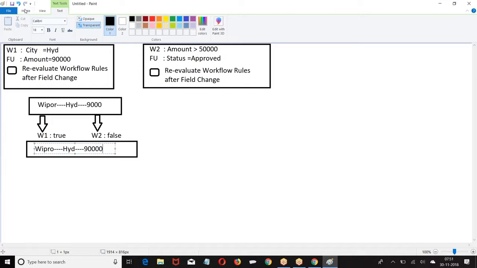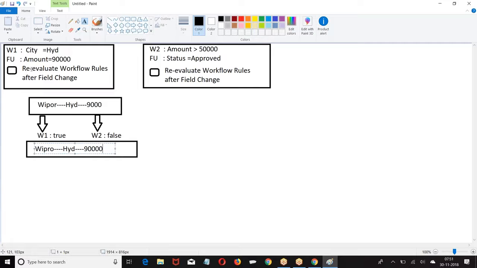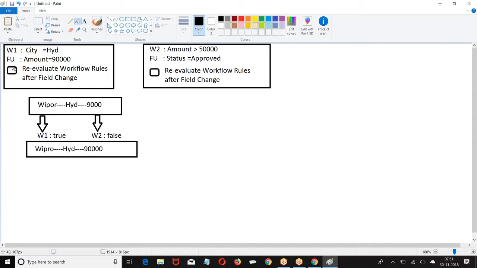Now that depends upon this option: Re-evaluate workflow rules after field change. Suppose I enable this option, what happened?